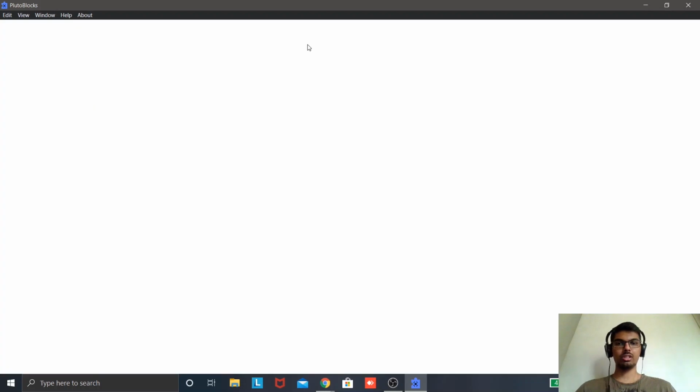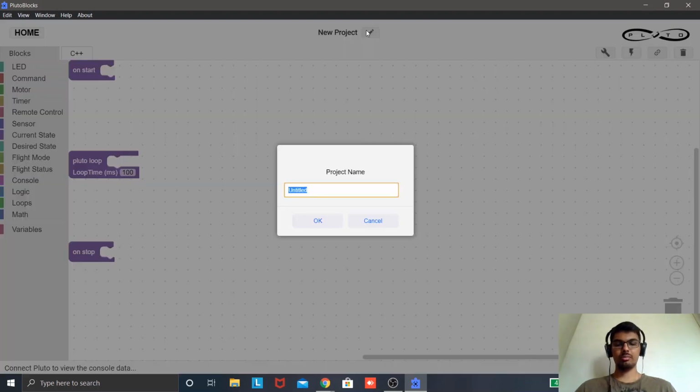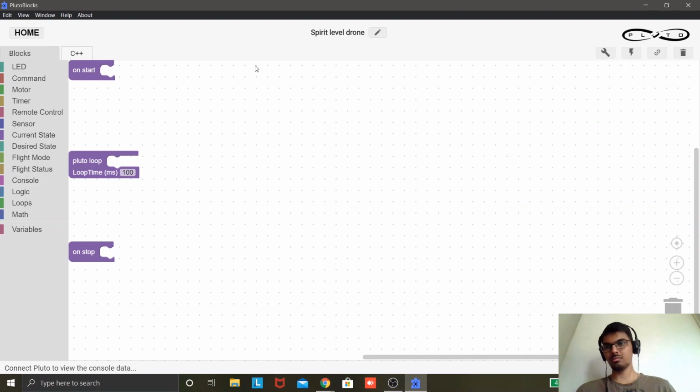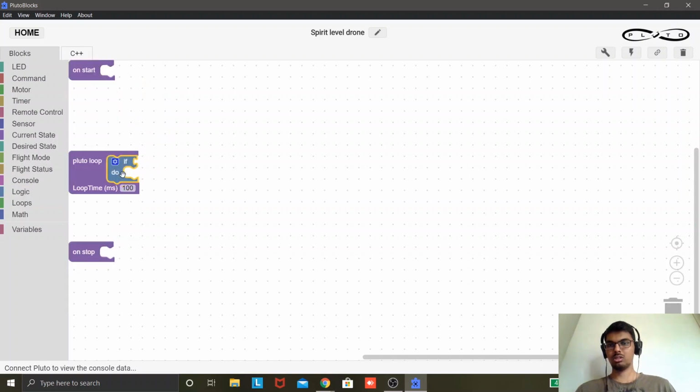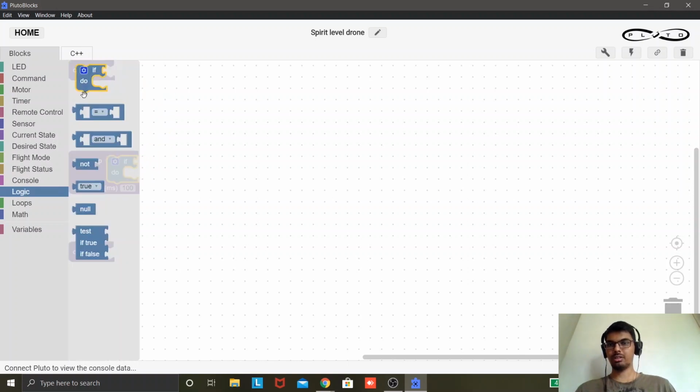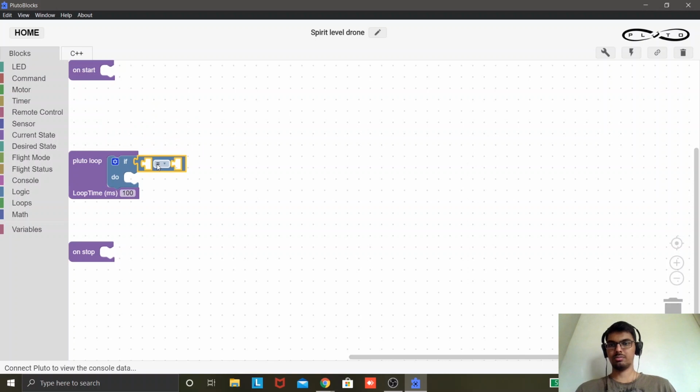Let us quickly make a new project. I'll rename it Spirit Level Drone. Now in Pluto loop, we will use an if do block, take a comparator and place it over here.